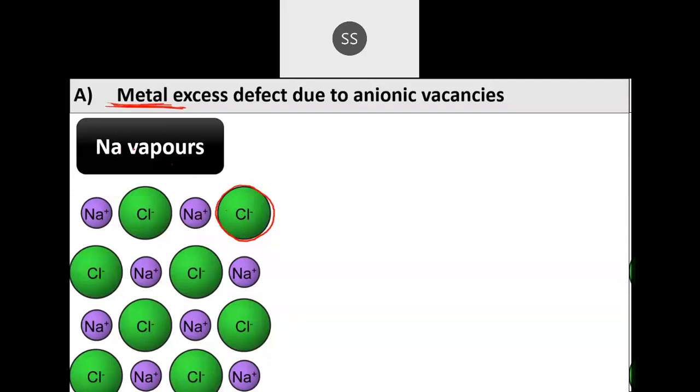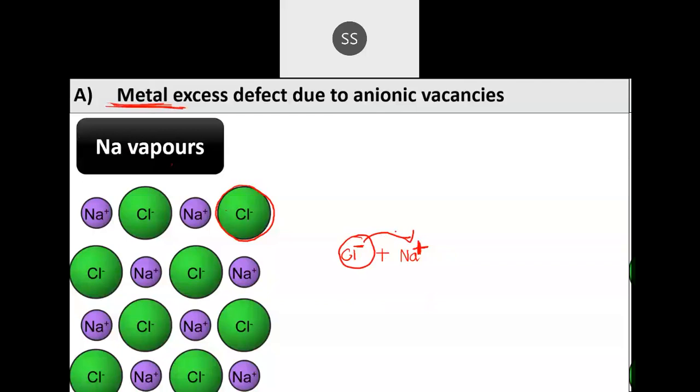It can't combine with Na. They should be in the Na plus form. If one negative ion has to combine with an opposite ion, it should have a positive charge, so I should have Na plus. Now here the metal is passed directly, so it is in the metallic state. First they should ionize, getting converted into ions. Once they are converted into ions, the chloride ion will be attracted towards the Na plus ion to form a bond.